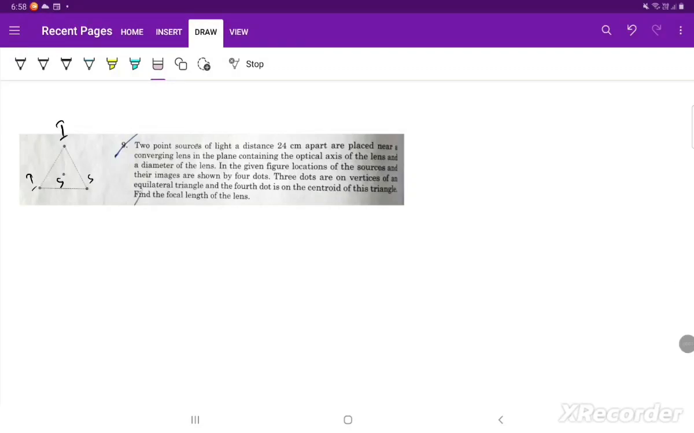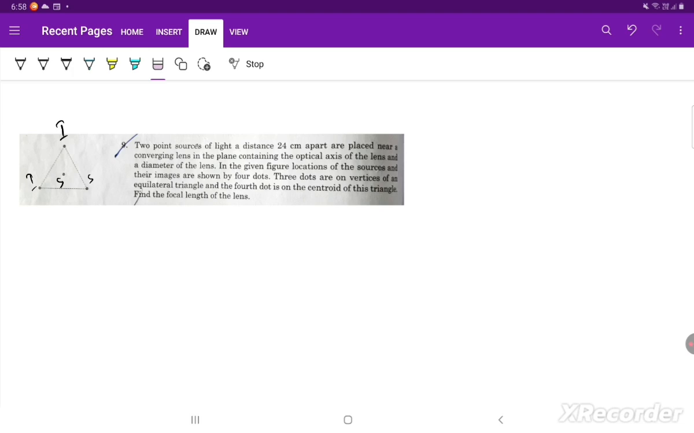Hello everyone. So today in this video we will be discussing a problem from Pathfinder optics. The question is from Check Your Understanding, question number 9. Let's read the question. Two point sources at a distance 24 cm apart are placed near a converging lens